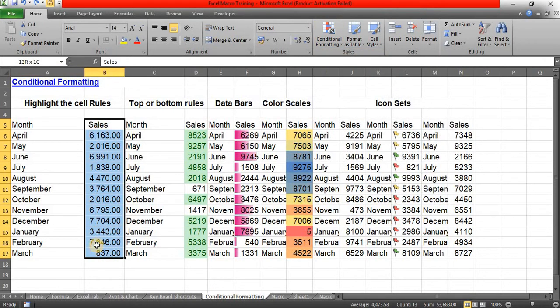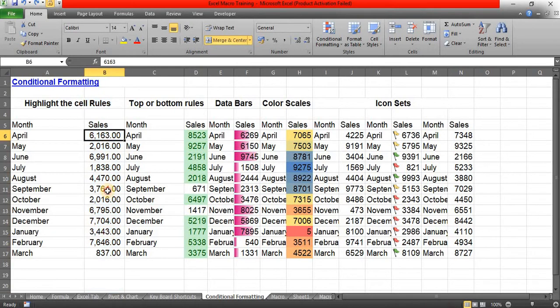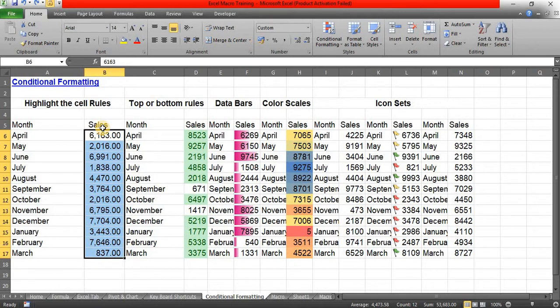So here I have data, so I'll select it. You can select a particular range or you can select the entire column. That's up to you. If you select the entire column, your Excel file size may increase. So for that, just select the particular range. If you cannot identify the particular range, then you can select the entire column. Now I have selected the particular range.